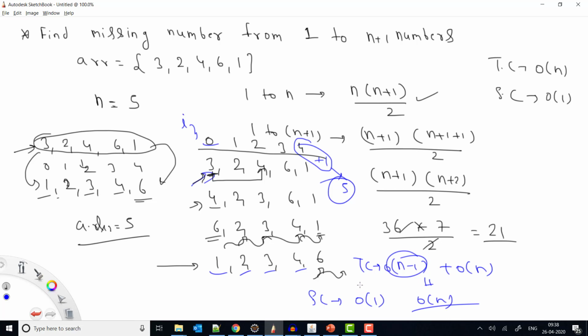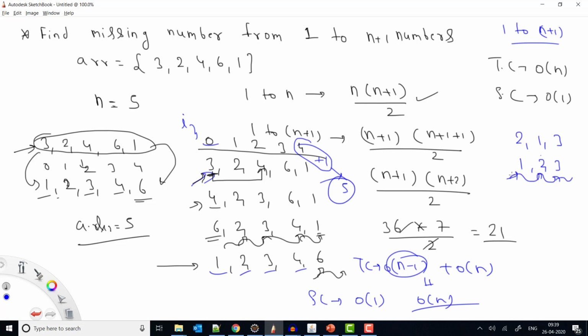Now it can happen that the value is not missing at all, like let's say we have only 3 values. So in this case our numbers are from 1 to n plus 1, and we are saying that one value is missing, right? So if you see here that all values are there, what will happen when I put these values in arranged manner, 2 will replace this one, so 1 will be here, 2 will be here, 3 will be here, then this is at the correct position, this is also at the correct position, this is also at the correct position.